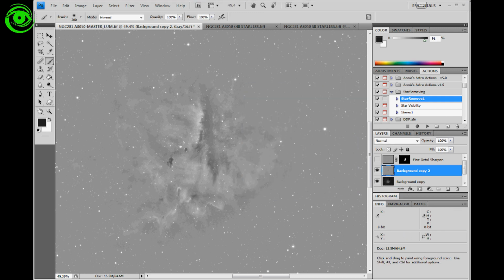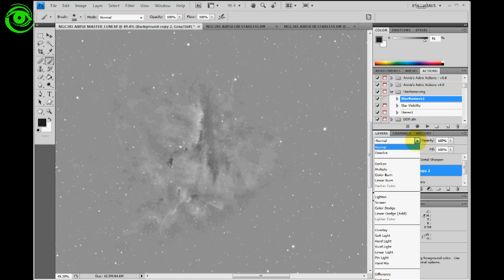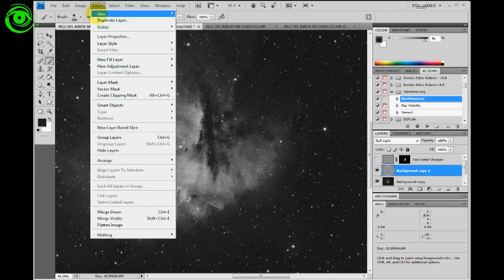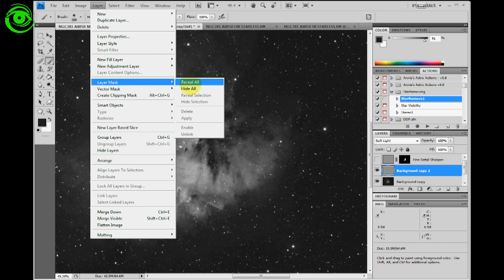And what we're going to do here on the blend mode is we're going to call this blend mode soft light. So we'll go over here and say soft light. And now again, as you can see, this has applied everything of this sharpening to the entire image, and we want to use a layer mask. We don't want to apply this to everything. So let's go to Layer, Layer Mask, Hide All,